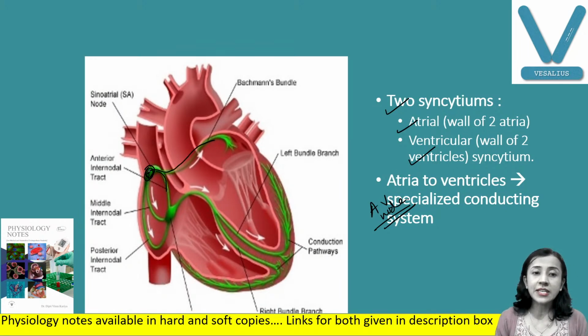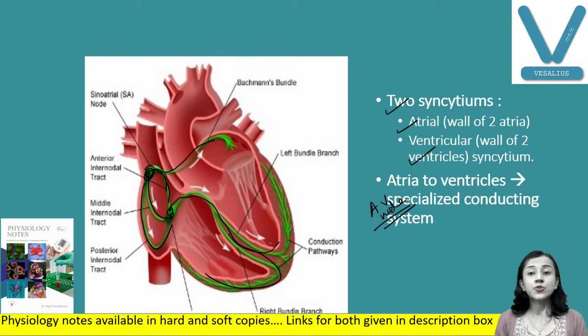Then from the SA node to the AV node, impulses are transmitted through internodal tracts to the AV node, and from the AV node through the bundle of His, impulses are transmitted to the ventricle. So from atria to ventricle, only the AV node is the specialized conducting system that allows the transmission of impulse. Okay,